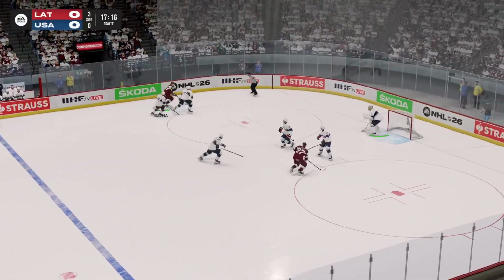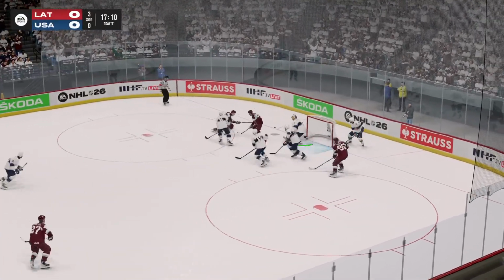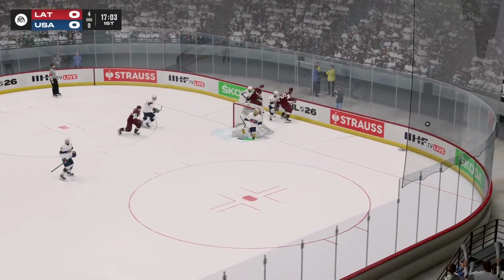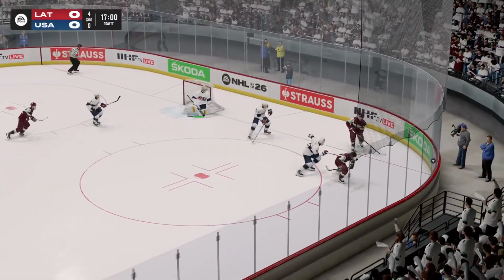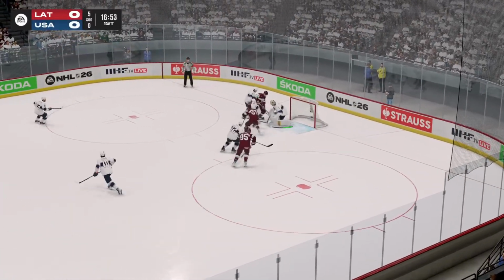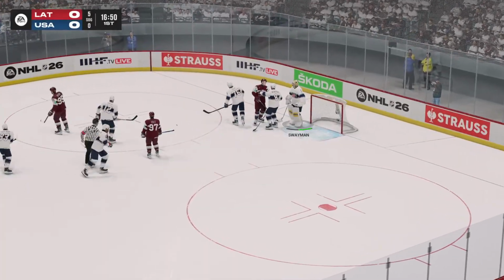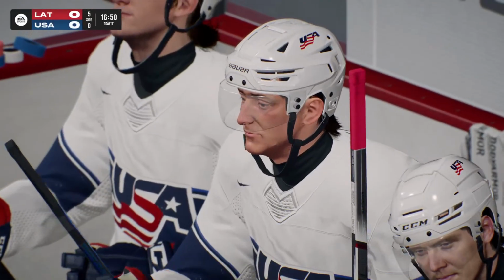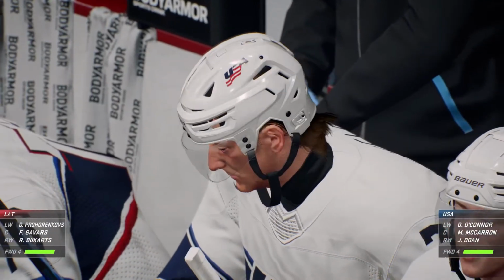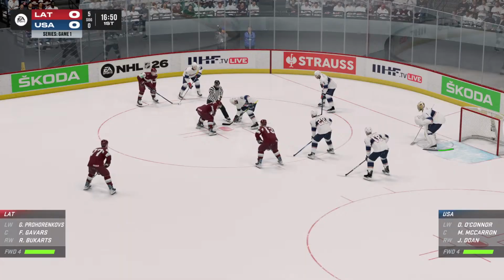Batno will bring it up here for Latvia. Sends it back behind the net. Eagle out in front, cutting to the net and denied by Swayman. And it circles back to the near corner. Latvia keeps it alive. Batna inside, intercepted right on the doorstep. Swayman keeps it out. 5 shots on goal already for Latvia. And they are on the attack here to start this game.